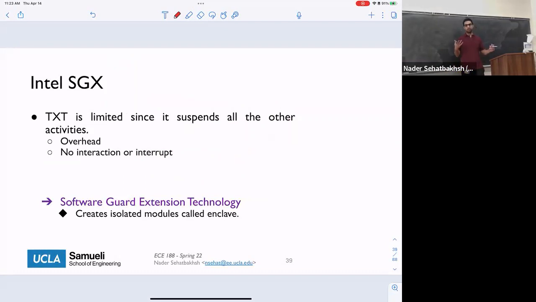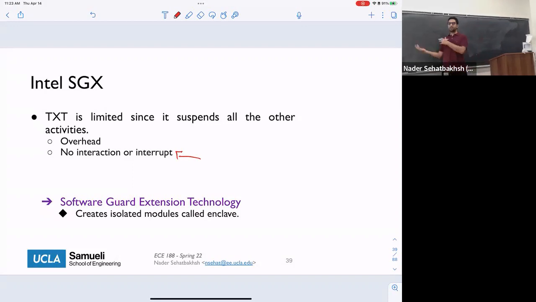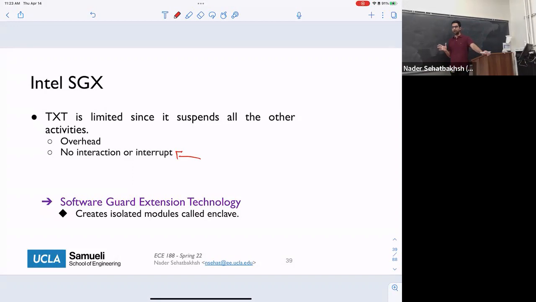And it's only single threaded, right? So we basically can only run one application at a time on our system. We cannot, for example, do other things that are not trusted alongside the trusted application that we have, okay? And also there is no notion of interaction between this software and other software because that's the only software being executed on our system, okay? So that's kind of the initial idea, and it works for some specific scenarios, right?